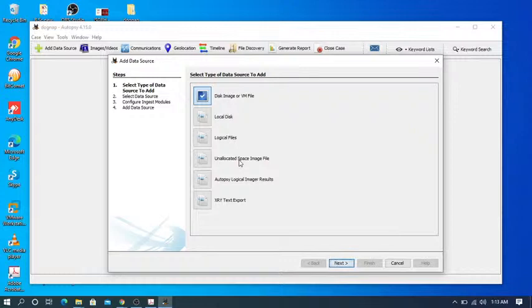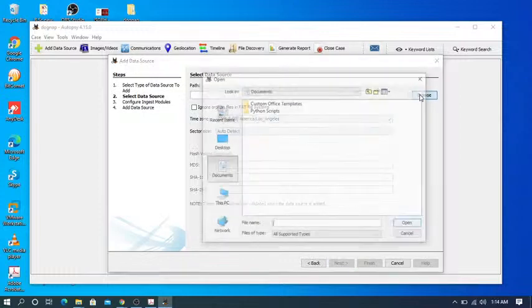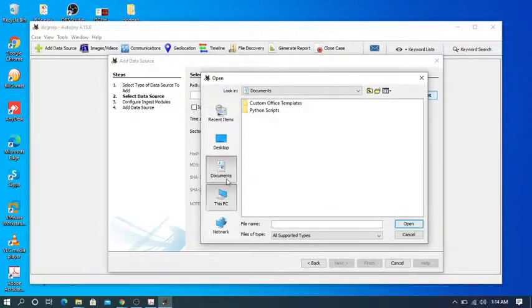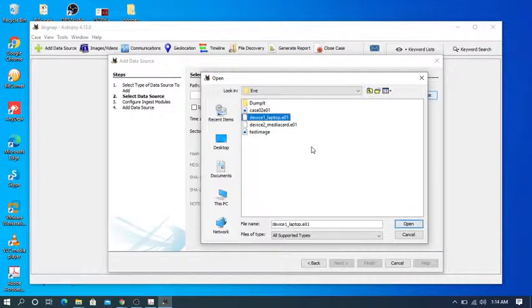Okay. So now select the type of data source. I am basically going to insert the disk image, right? If you want to add the local disk or maybe a logical file, then you can choose accordingly. So here I am just going to select the data source as a disk image. Okay. So use this option, then go next, and this is the path. Here is the evidence file. So first go for the laptop,